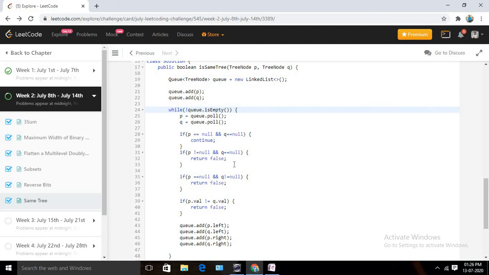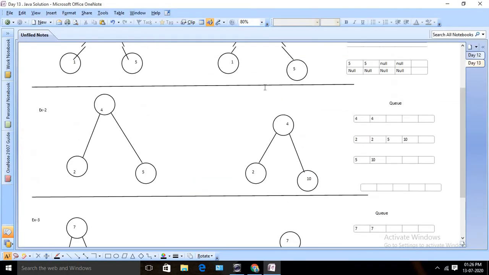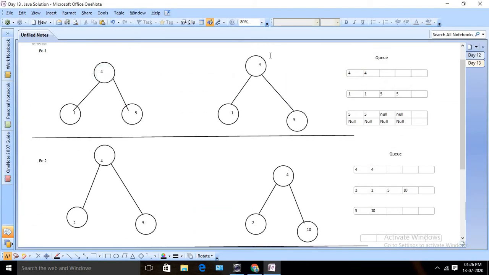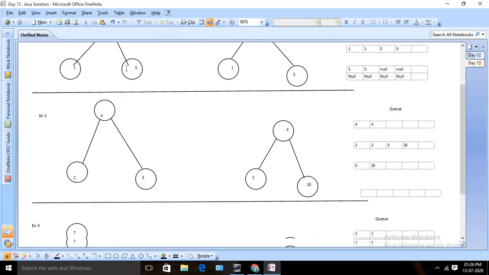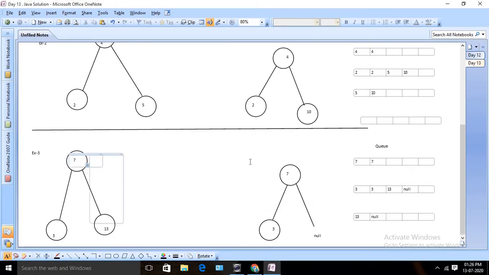We are just taking only one queue, not two queues, and in that queue I am going to insert two nodes at a time, one node from the first tree and one node from the second tree, right? Then we are checking whether both of the nodes are matching or not. The first criterion is that one should not be null while the other has a proper reference. In that case we are going to return false.